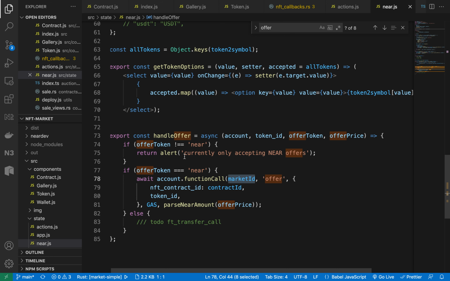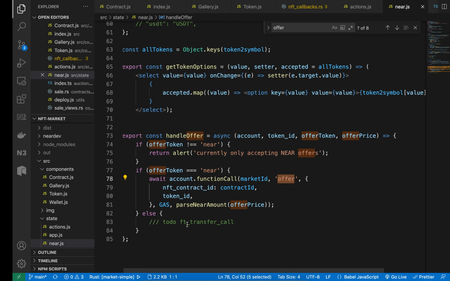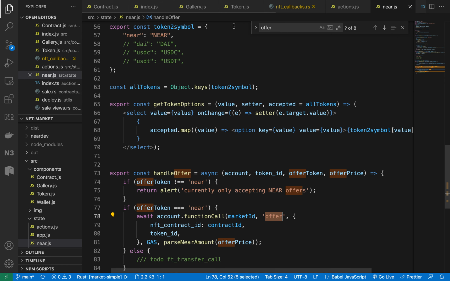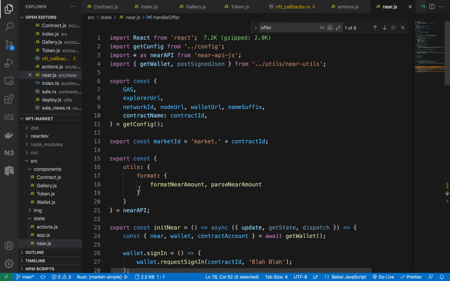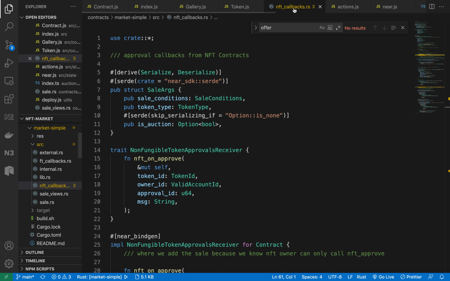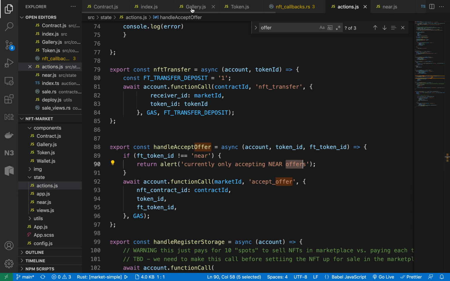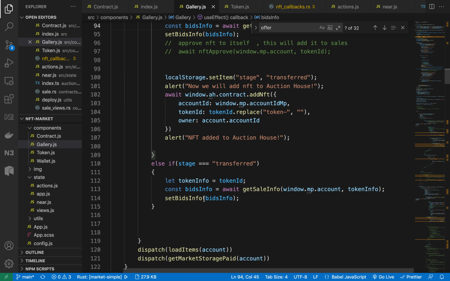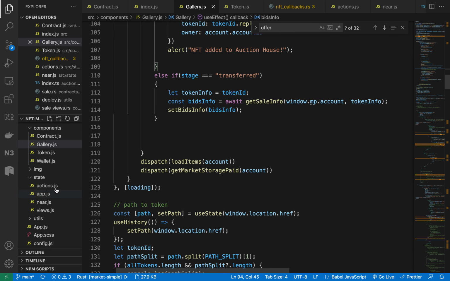So offer will be called by buyers, that is, buyers can offer through this. Whenever somebody wants to buy an NFT, they can place a bid through this. Once there are offers, you can also see the different offers for that particular bid, which you probably don't need. I don't think you will need to have that function, but just in case, you can also see the different offers and stuff, right? I think from the marketplace contract.